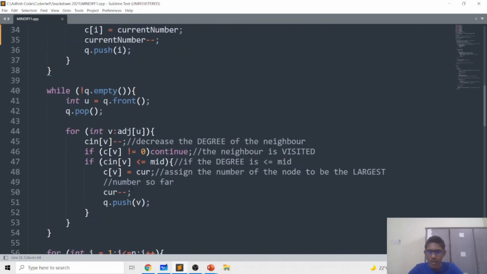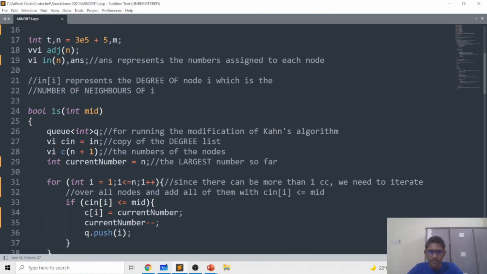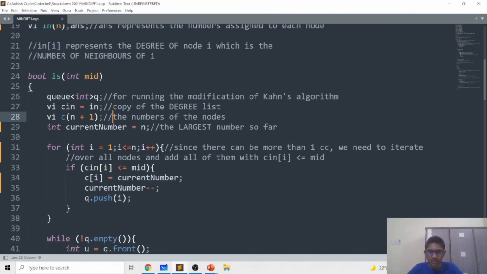So in the while loop for the breadth first search, for each iteration I take the top value u from the queue, and we go into the adjacency list of u. I decrease the degree of v, and if the neighbor is visited, then we go ahead. Note that C of v represents the numbers of the nodes.